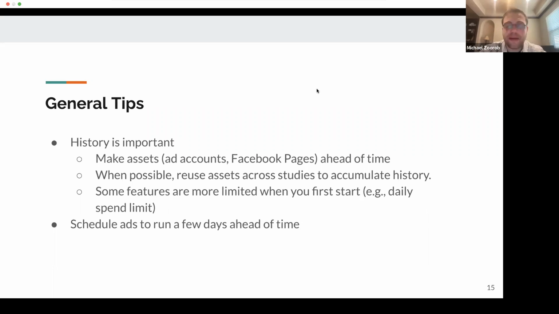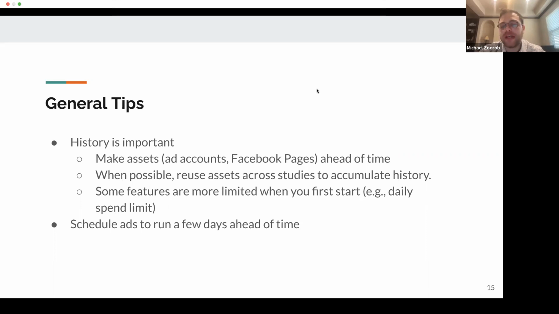So, the academic workflow is long, and the time between when you have a study idea and you're running the ads is probably a few months. And I think it makes sense to make your Facebook assets at the earlier end of that process, and also add some content to your page. In part, I think this is not just important algorithmically, but also for users who see your ads. If the ads look like they're coming from a more legitimate looking entity, people are more likely to trust them.